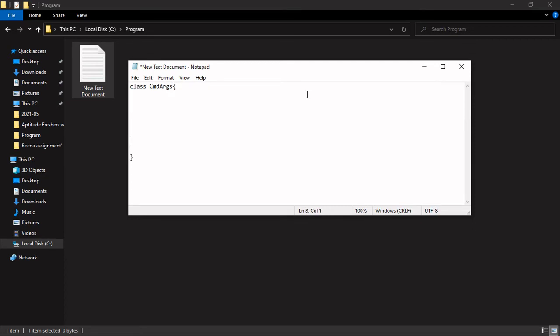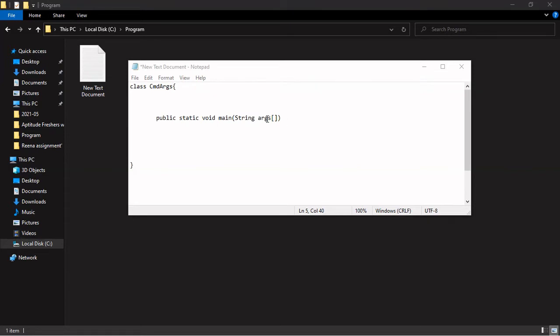Okay, so let's start writing the main function, which starts from public static void main. Now we are passing string as an argument. So here is the array of strings. We will first declare two variables of type string, since the data which is coming from the command line will be of type string.